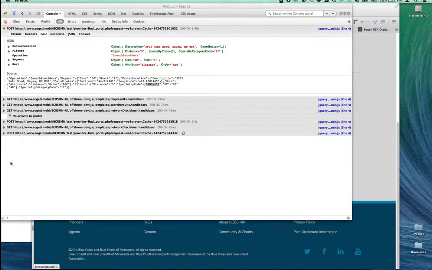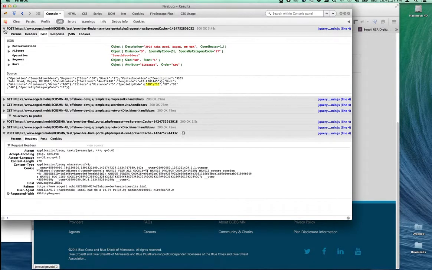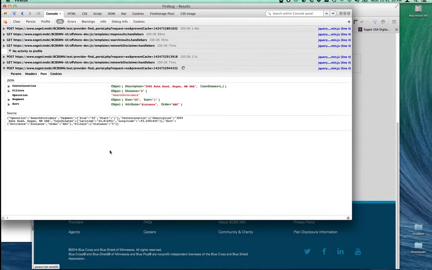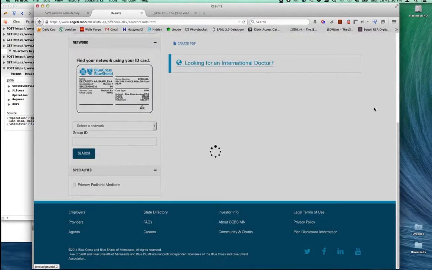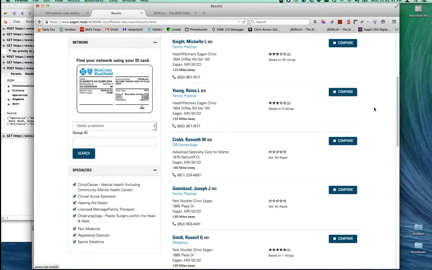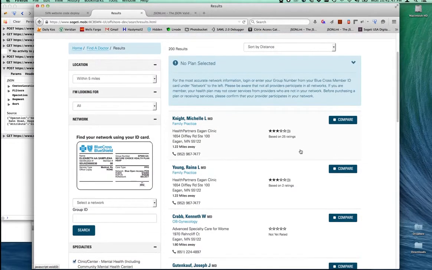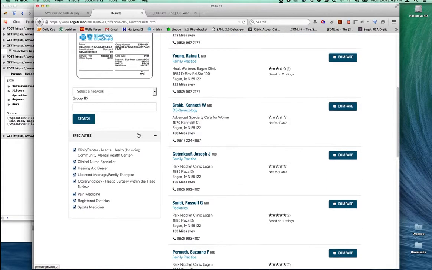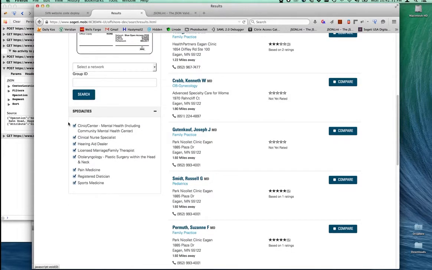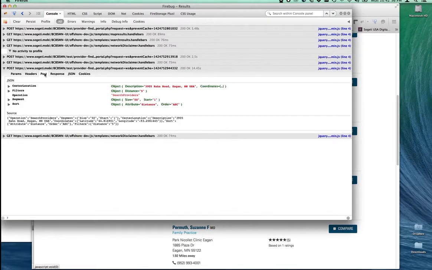I just unchecked it, and if we look at the post operation here, what we'll see is that I have asked for no specialty whatsoever. Notice that there is no specialty filter shown in here. Now it's taking a long time because it's searching all specialties at this point. So this is an odd case, and what we got back here in just doing a search over a 5-mile radius with no specialties clicked in there, this is why the specialty filter changes, because what we get back is,